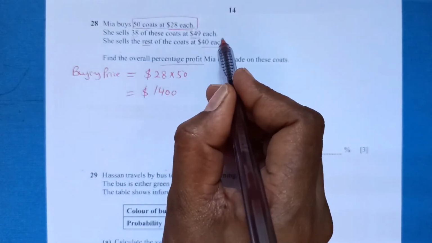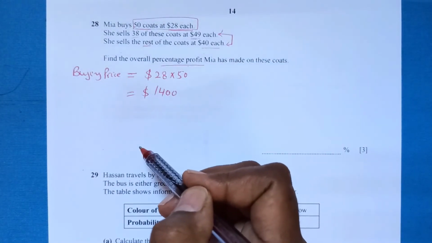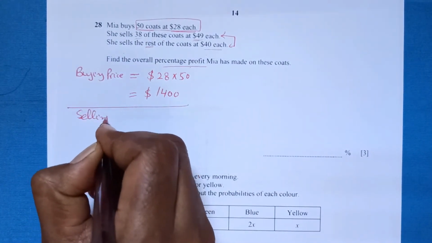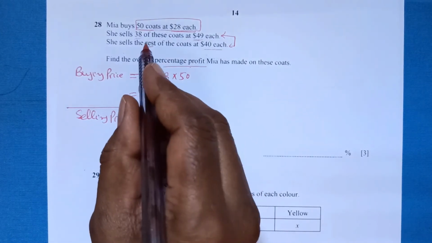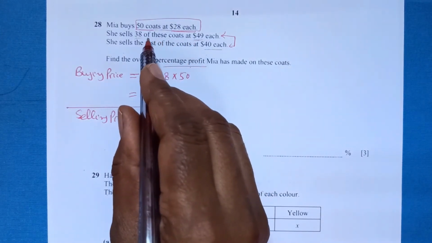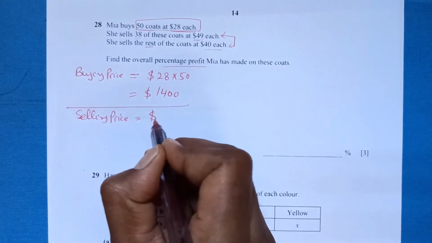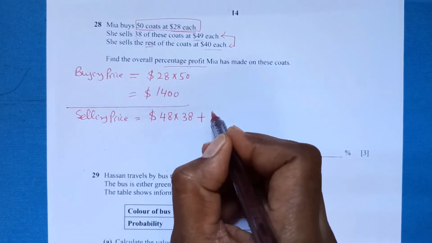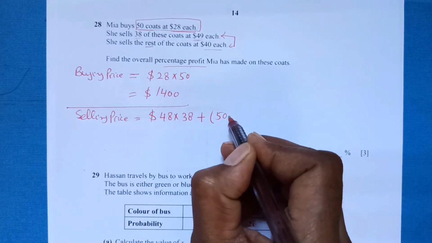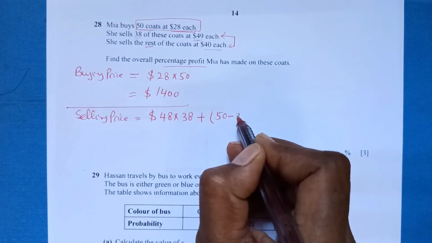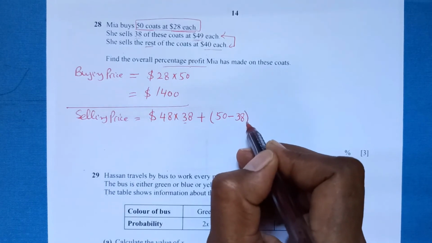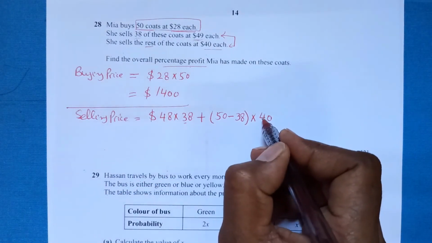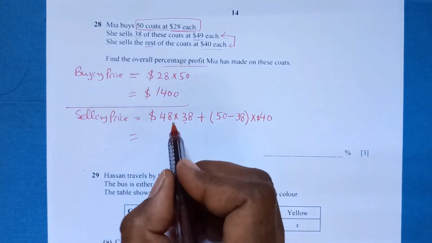Now she sells in two different prices. So the first one, let's compare the selling price. The selling price is 49 coats, so that is 49 times 38, and the rest means the remaining. The total was 50, and out of that 38 she already sold here, and the remaining amount is sold at $40 each. Okay, so now when you multiply these two,